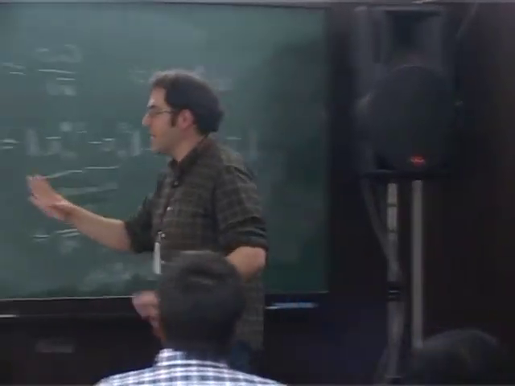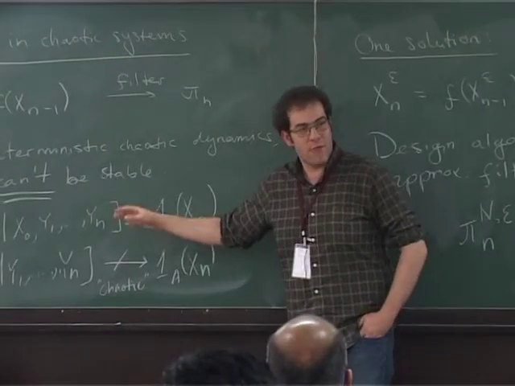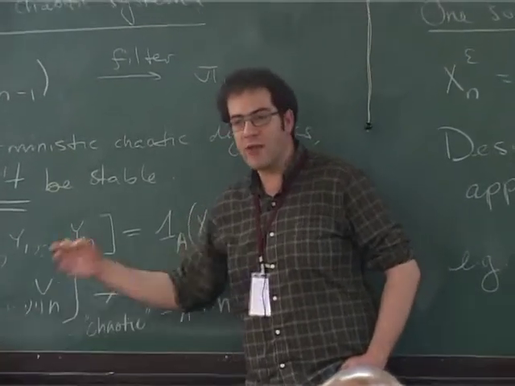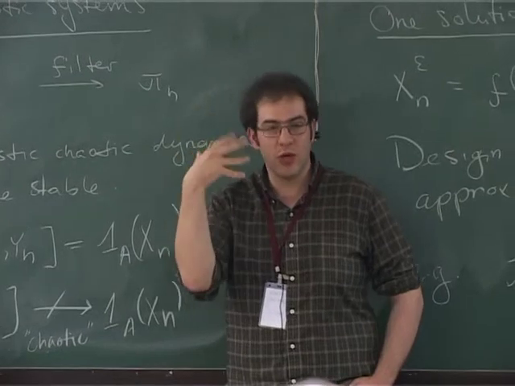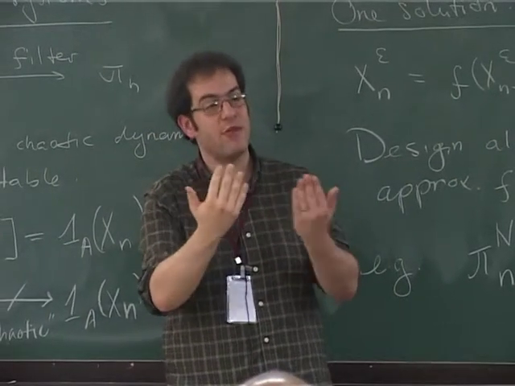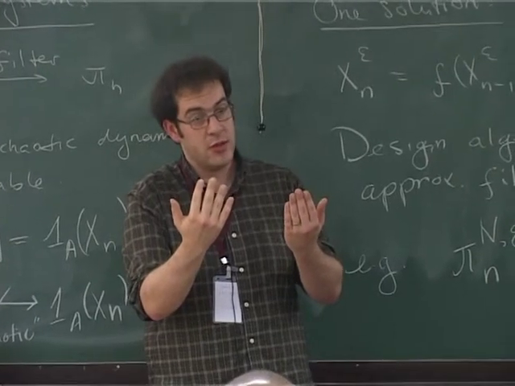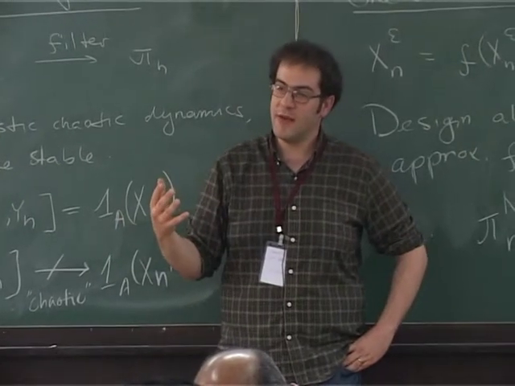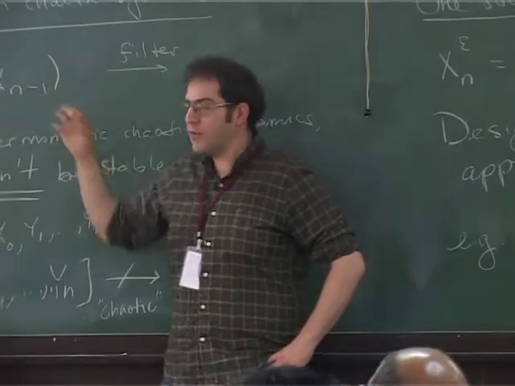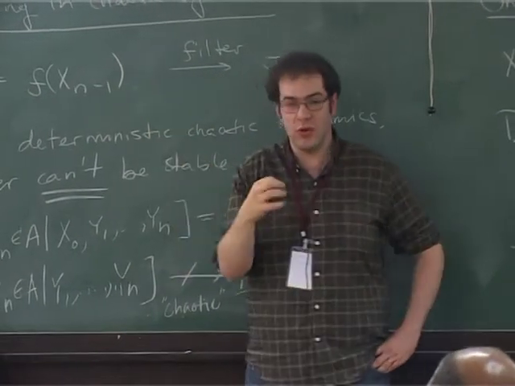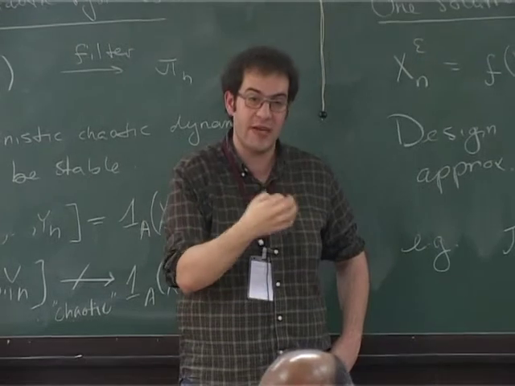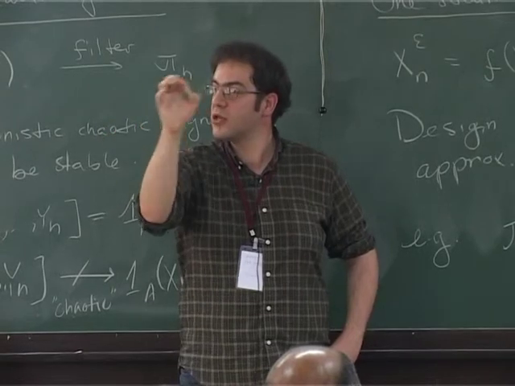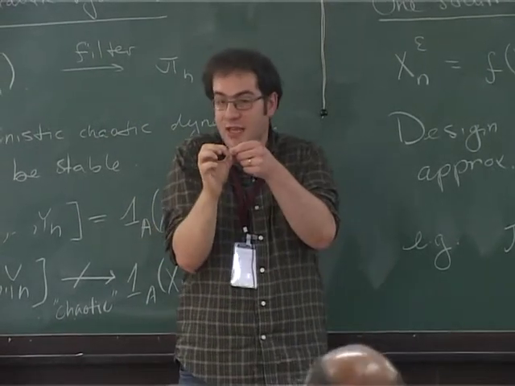There's another theoretical question here, which is much more basic. I claimed that if the system is chaotic and I don't know the initial condition, I will never be able to pinpoint exactly where I am. This was a sort of intuition about the interplay between chaos and observation noise. There is no theory about this. Now you could use this as a definition of a chaotic system. I could say a dynamical system is chaotic if, when I observe it with additive noise, and I don't add noise to the dynamics, even as time goes to infinity, the error does not go to 0. I cannot estimate exactly where the thing is.